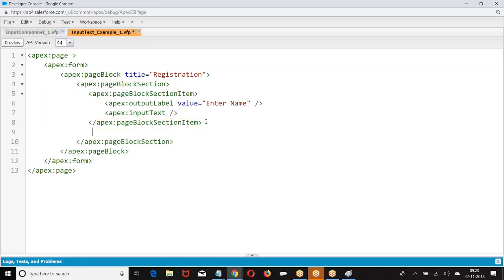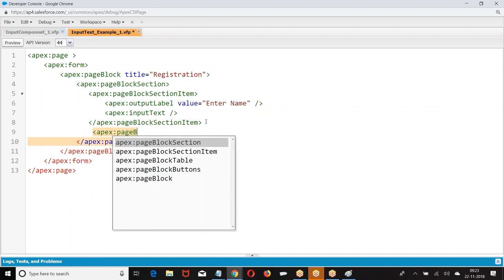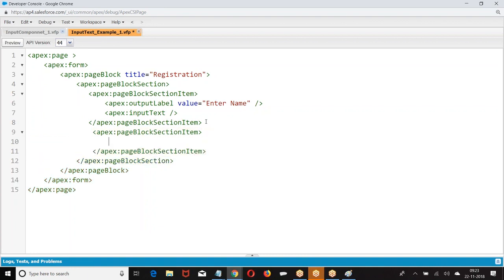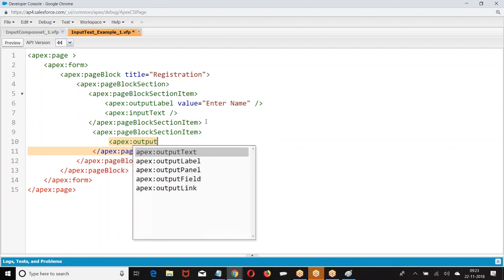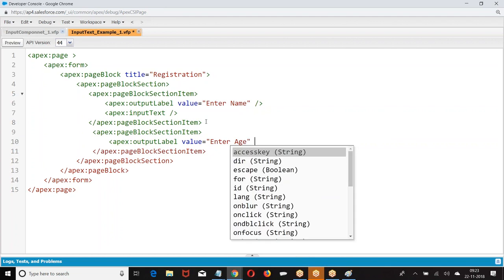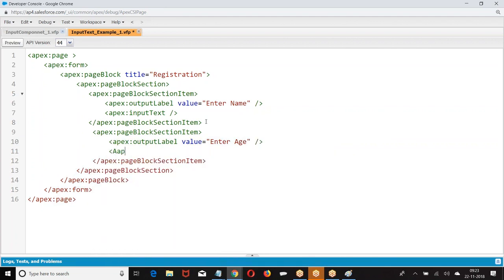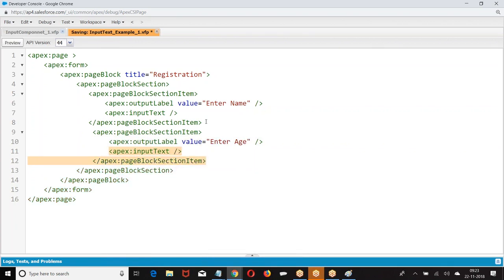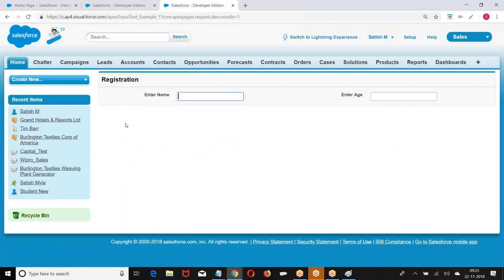Again, if you want to go for one more, Apex. Let us have a preview. What happened? Both these 2 elements came in one column.